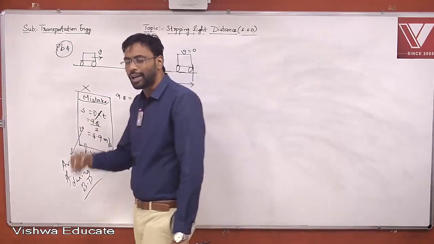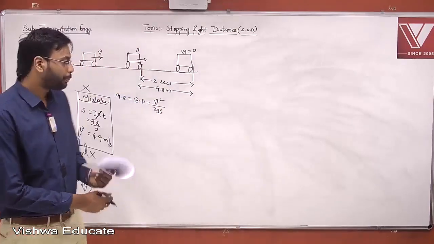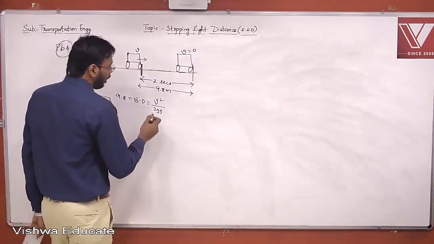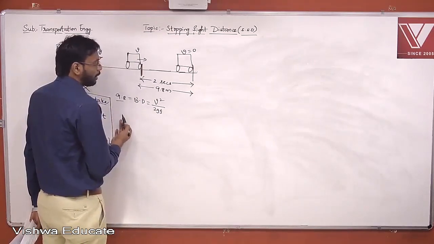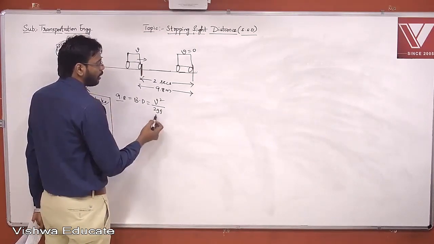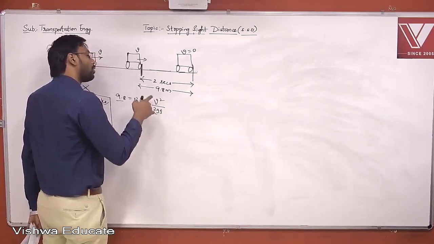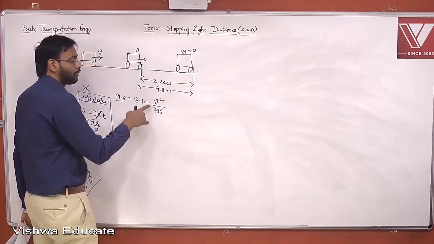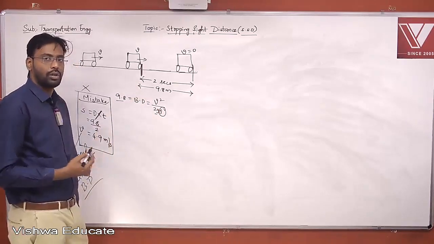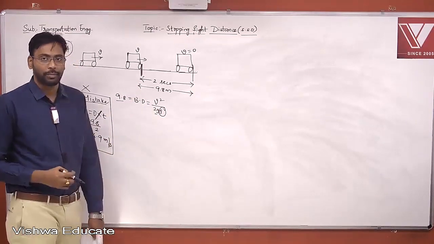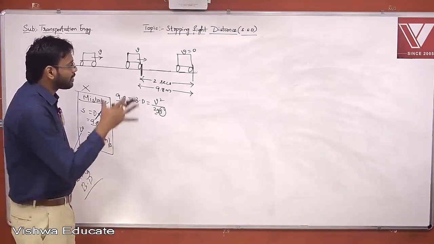Now, how to calculate this? How to do this problem? So, I know the value of 9.8 meters, that is the braking distance. I know the value of G. So, if I know the value of V, or if I get the value of V, I'll finish my problem because that is the unknown. So how to get the value of V? Now, for this problem,